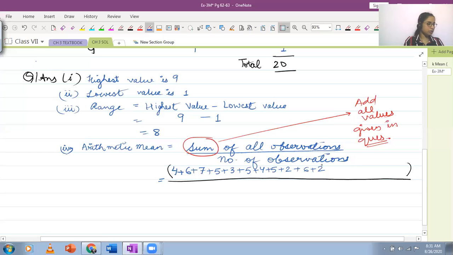I think this should make it clear, and be a little careful when you're listing down the values. Sometimes you mix them up. Don't repeat them. So I have multiple values. I will need to write down a little here. So I have 8 plus 4 plus 6 plus 7. And in the denominator, how many values are there? There are 20 values.